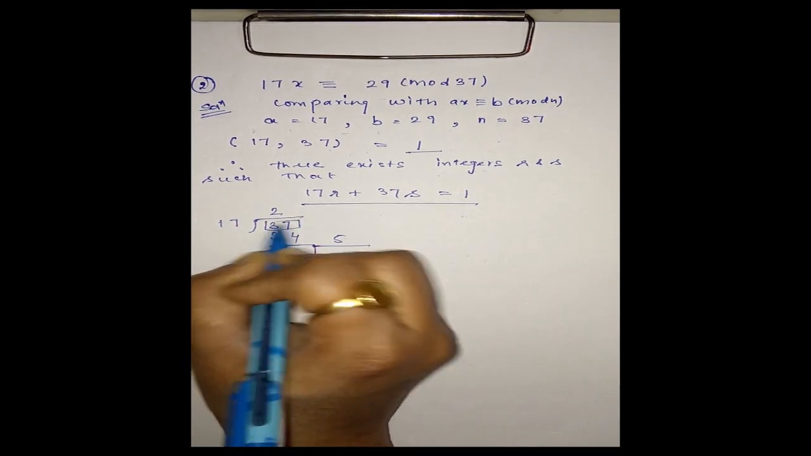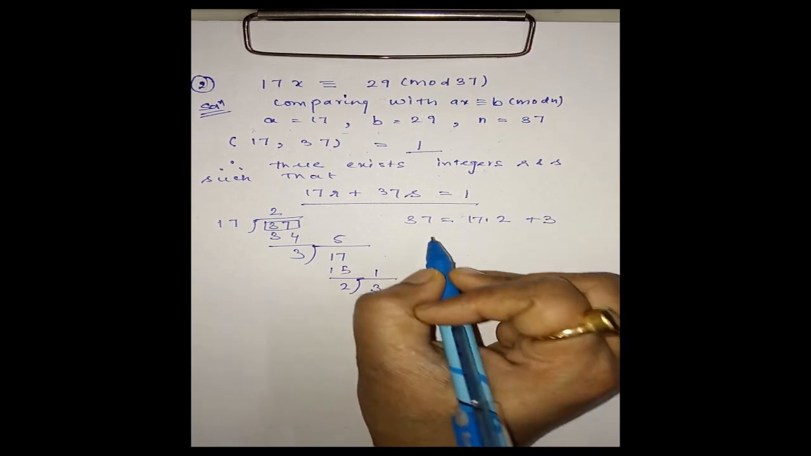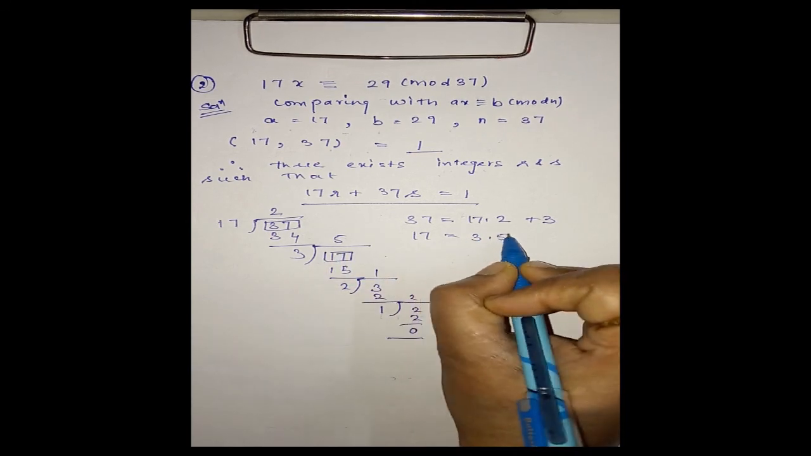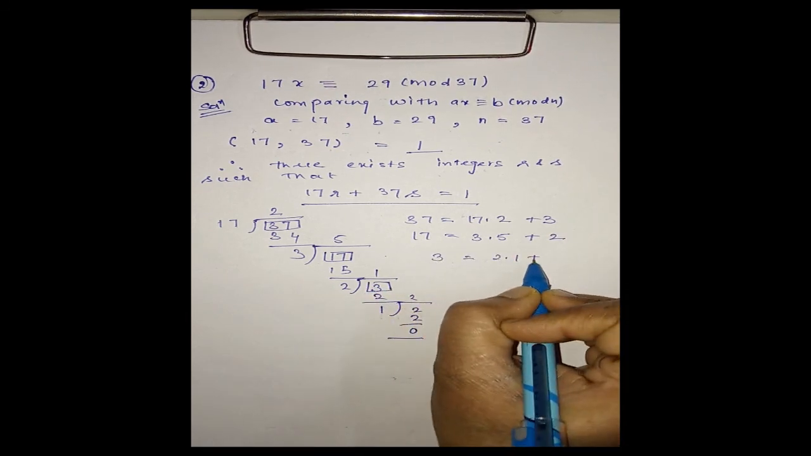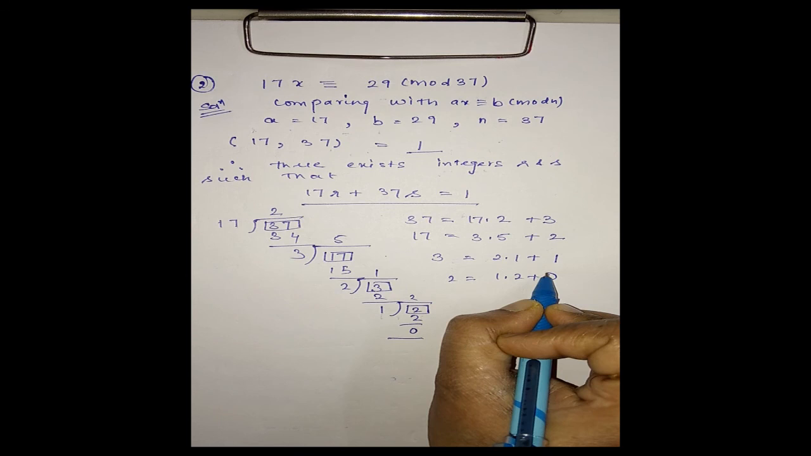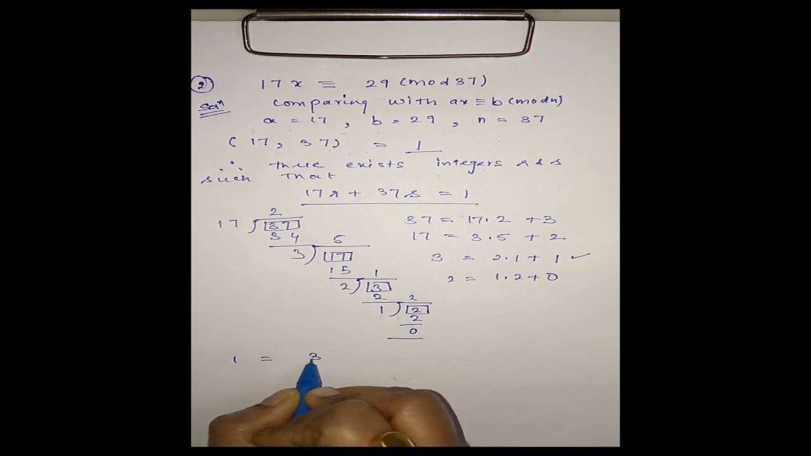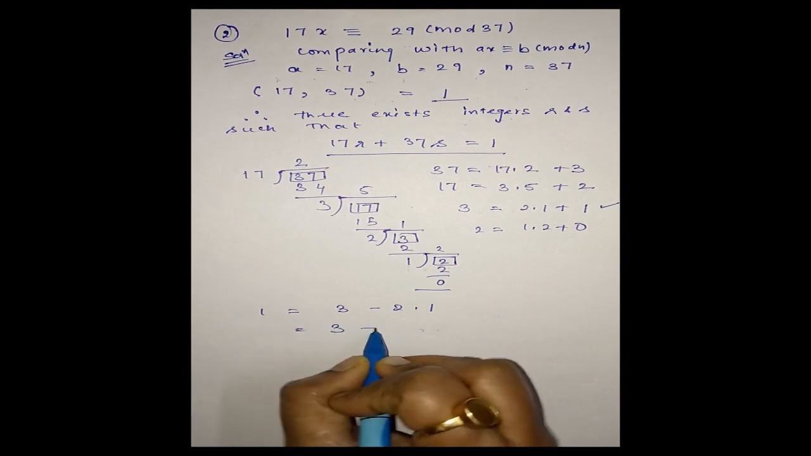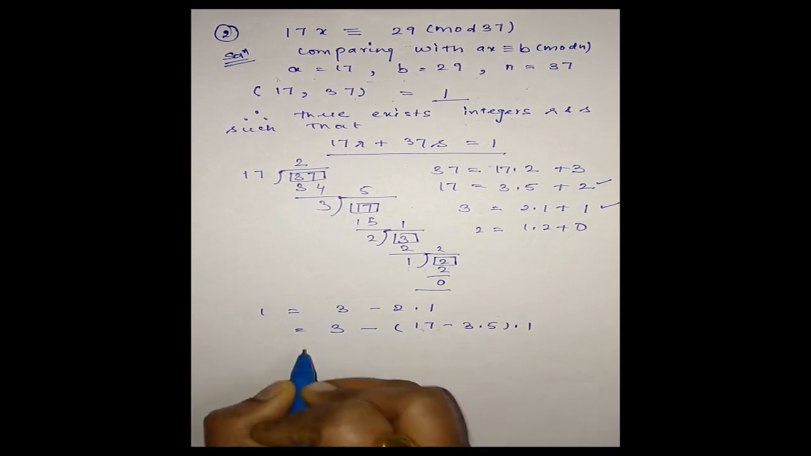Now 37 can be written as 17 into 2 plus 3. Then 17 can be written as 3 into 5 plus 2. Then this 3 can be written as 2 into 1 plus 1. Now this 2 is written as 1 into 2 plus 0. Okay, clear? Now start with this. 1 is written as 3 minus 2 into 1. Now replacing the value of 2, from here we get 17 minus 3 into 5 into 1, that is 3